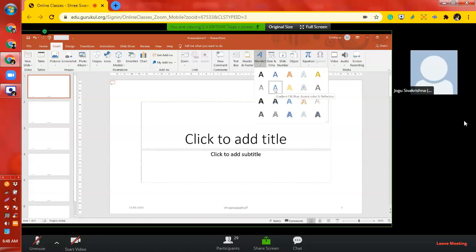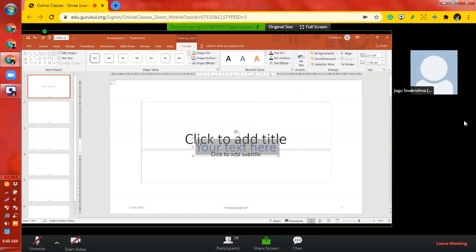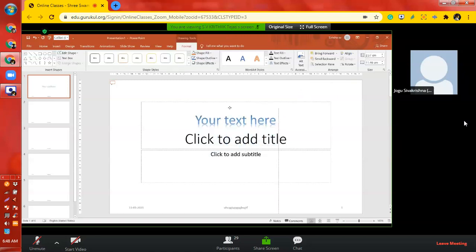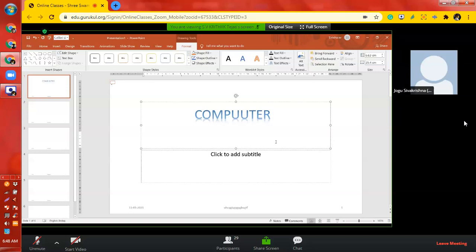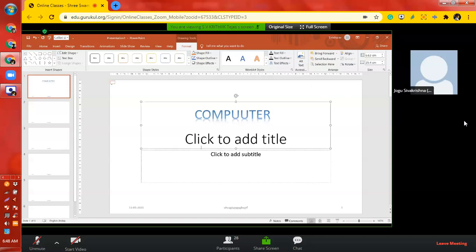You can select any font, any type of style of word art, and then you can just click on that text. Your text, you can type something. You can type anything over there. That will be placed there. You can take anything there, and you can delete this. Click to add title. Yeah, very good. Okay, that's what you can take there.